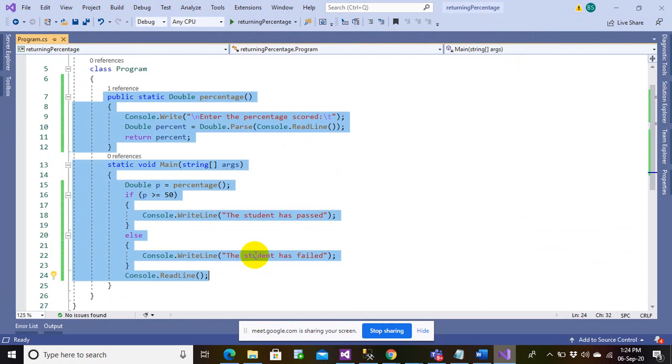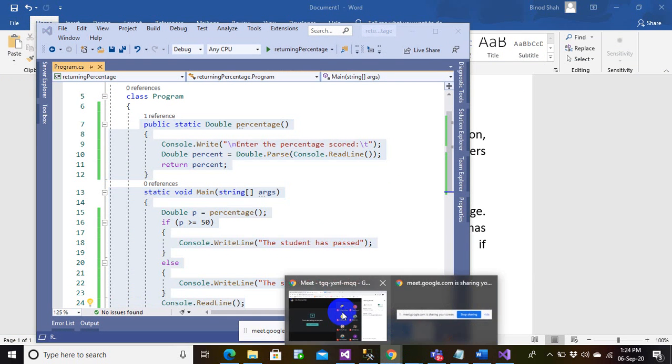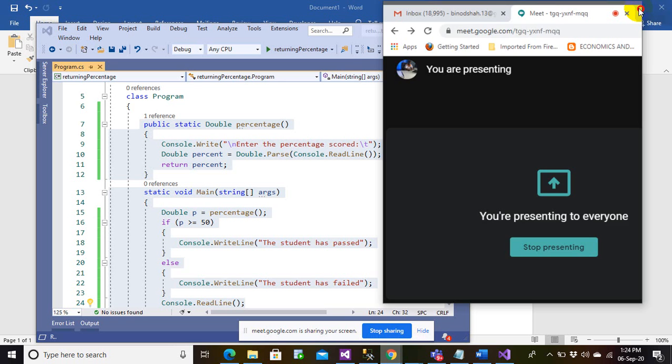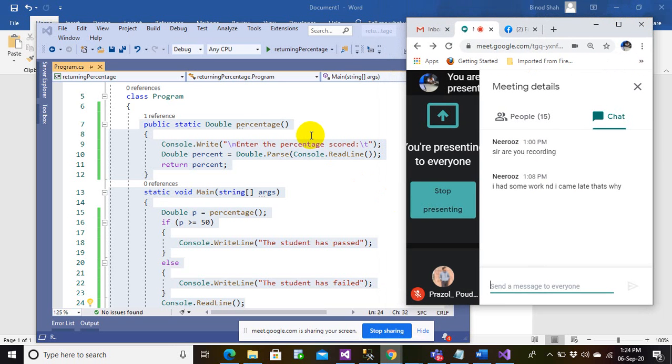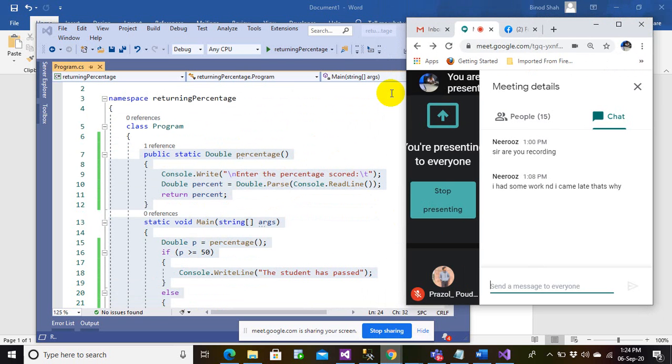Now if you have any question here, please raise your question here. If you have any question with this program, you can raise it, because I'm writing a very simple program. Otherwise, if you understood, write understood.